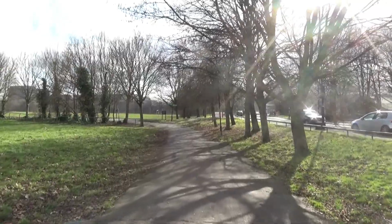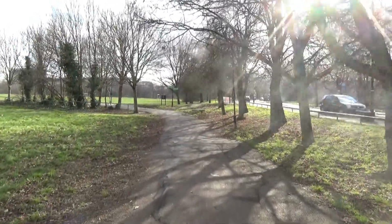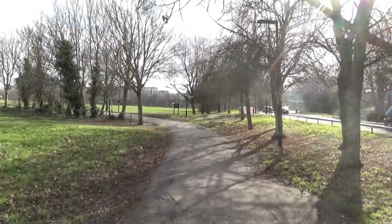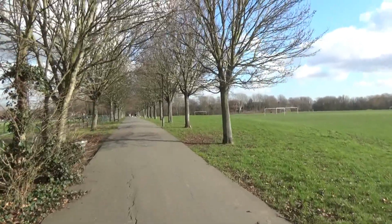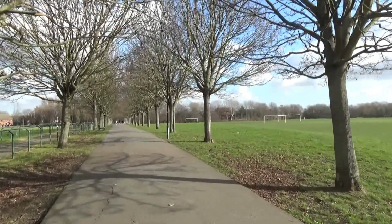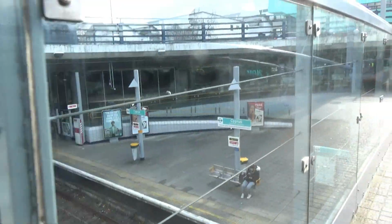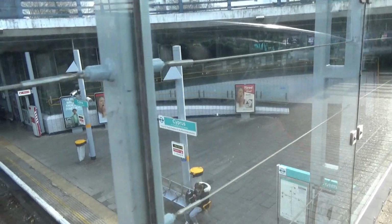Just coming now to the start of section 15, which is the last section of the Capital Ring. So we're going to go down to the docks and walk along and finally go under the Thames and end up where we started a week ago. Just crossing into the Dockland campus of the University of East London, passing over the DLR